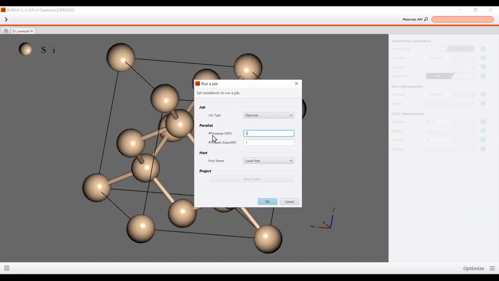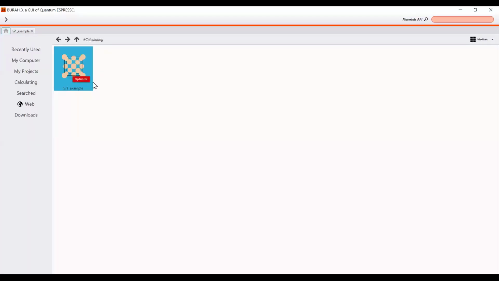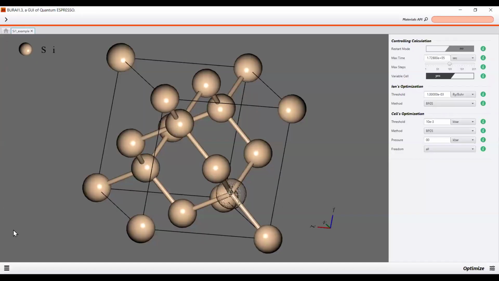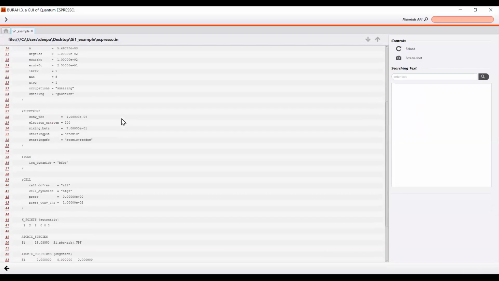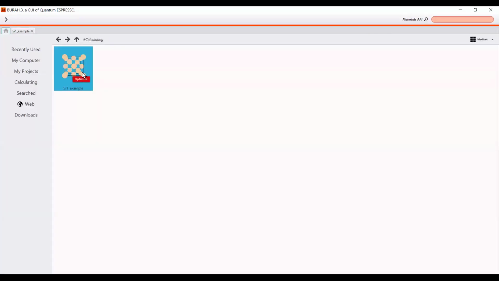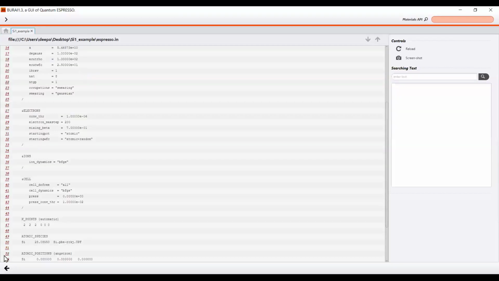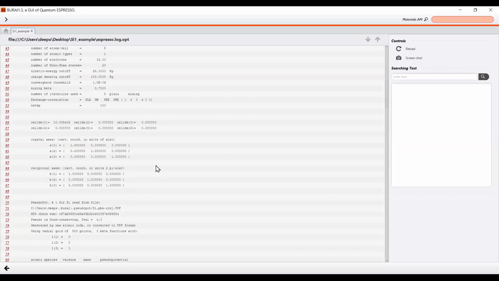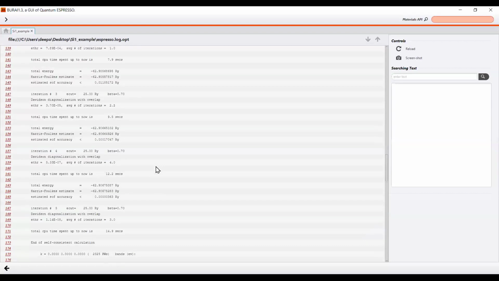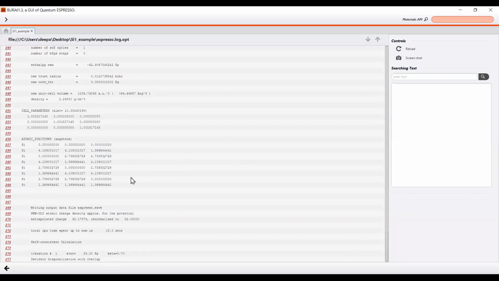I'm running this on 4 processors and 1 thread. It will start optimizing the structure, and here we can see the result. This is the input file for optimization, and it starts optimizing, and this is the output log file in which the